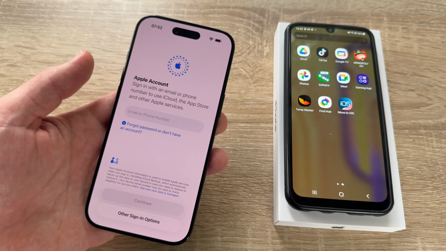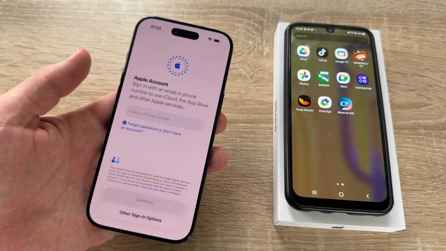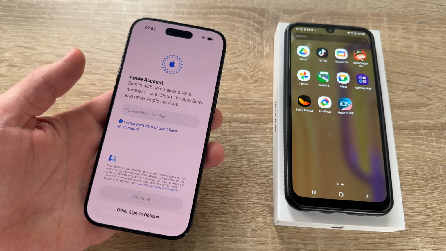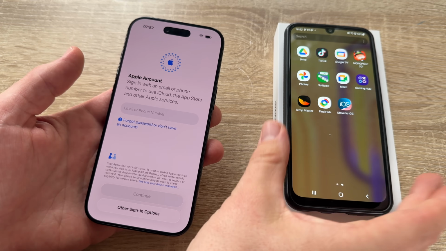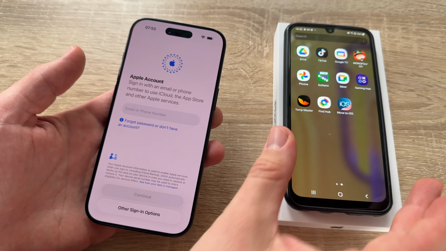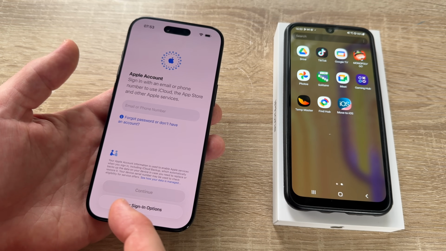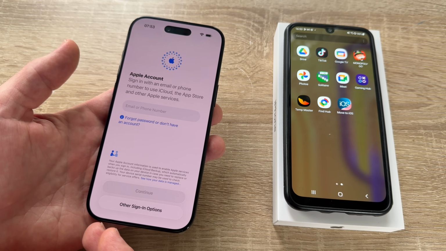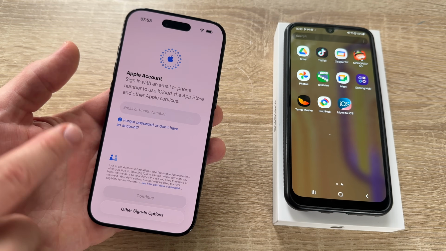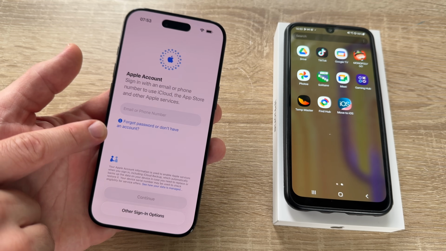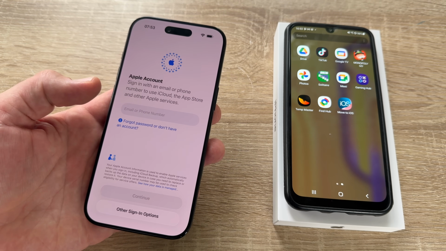An Apple account you can make. It is like your Android account or your Google account. That means the Google account is for the Android family and the Apple account is for the Apple family. So you can perform this like before, you enter your email and phone number here. First, of course, you have to create an account and then we will continue with this process.